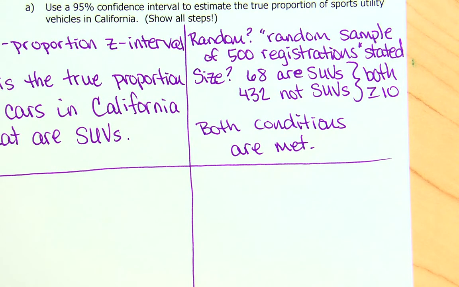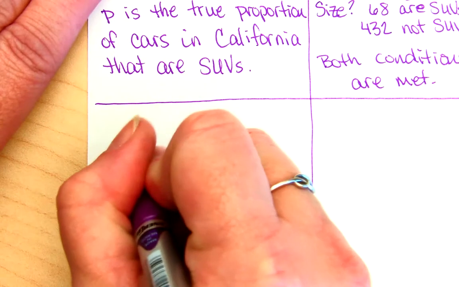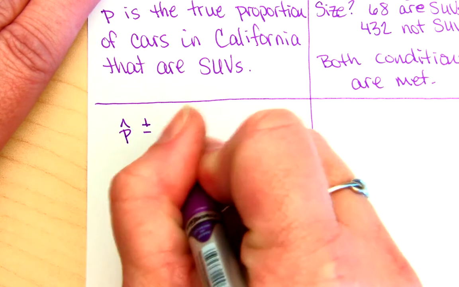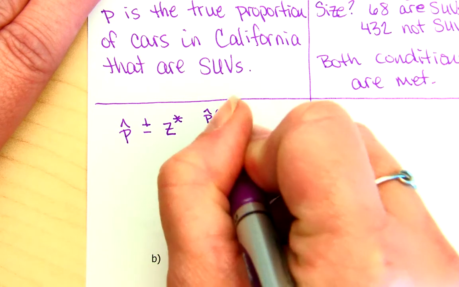Any questions on checking conditions? Okay. Then we get to our do the math. So for proportions, we have p hat plus or minus our z critical value, and then our standard error